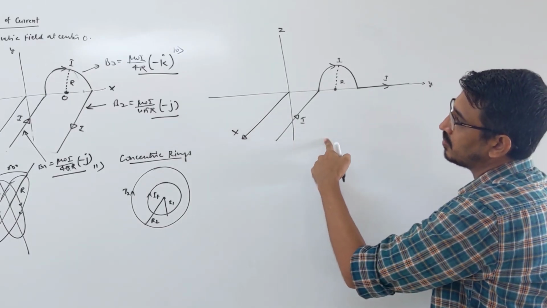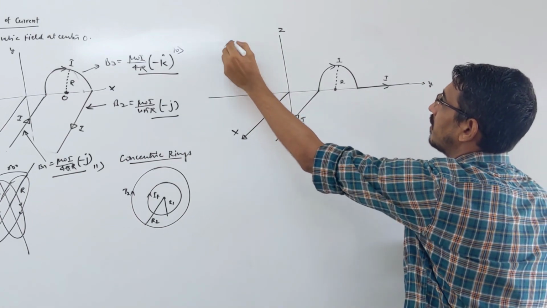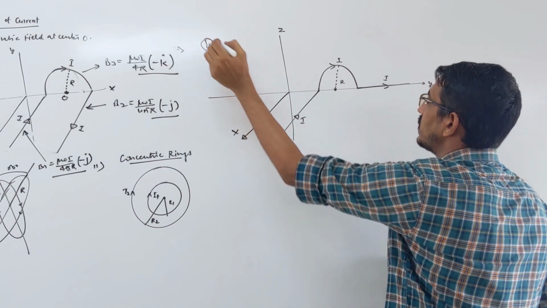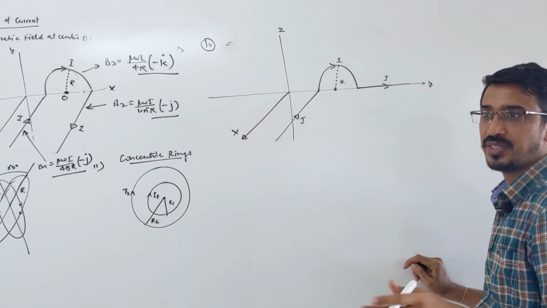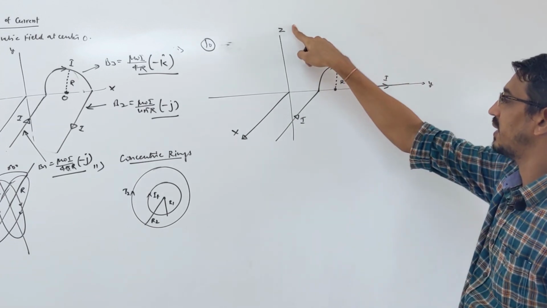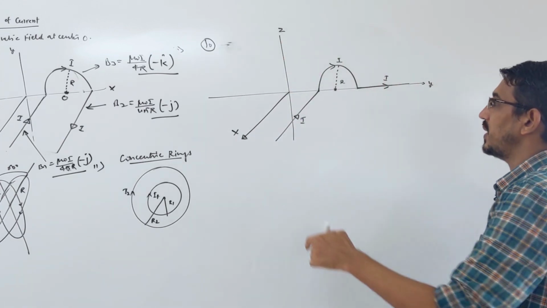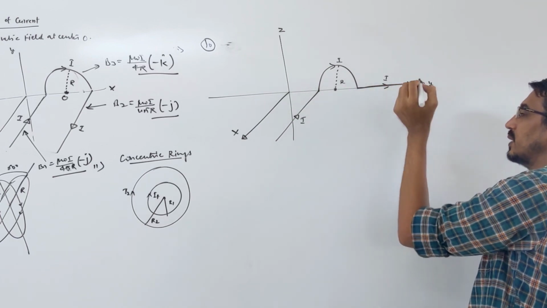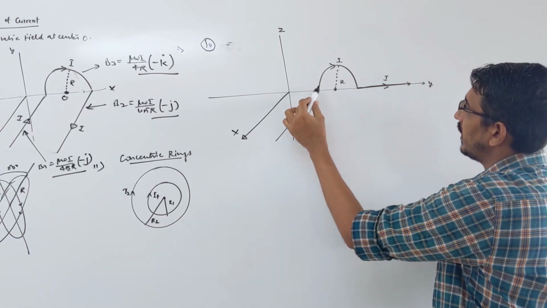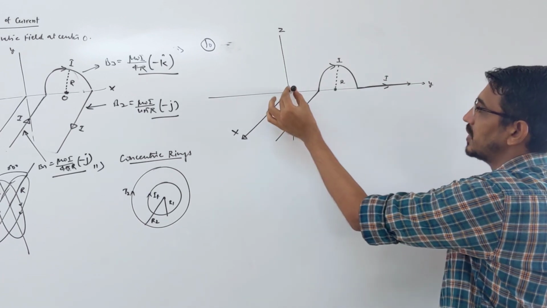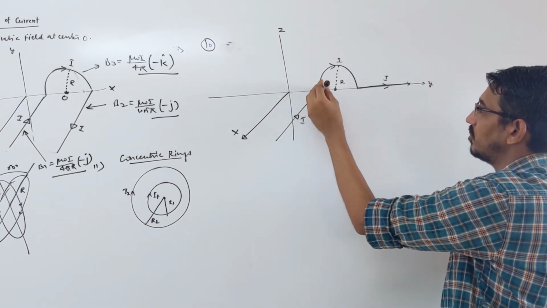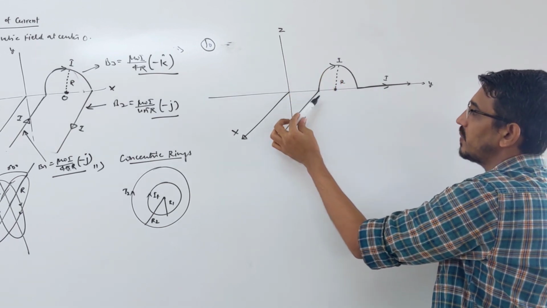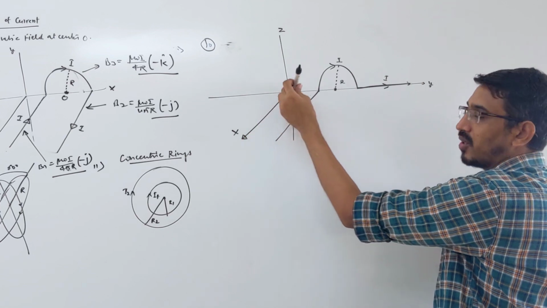Let's see the next picture, question number 10. Here I have changed the direction names. I am calling this y direction, that z direction, and this x direction. So the wire is placed like this: a wire, then a ring, then another wire. This wire is placed parallel to the x side, on the board, and the current is going inward. X means outward or inward.